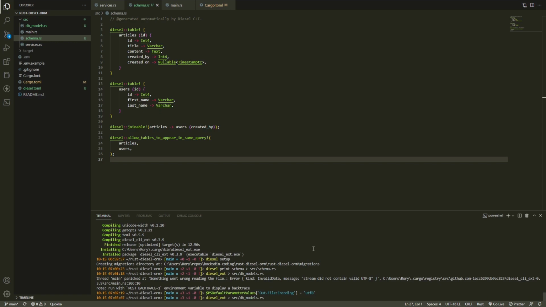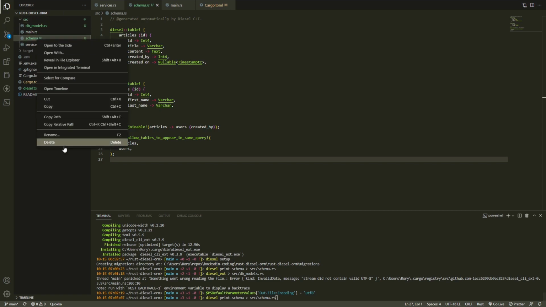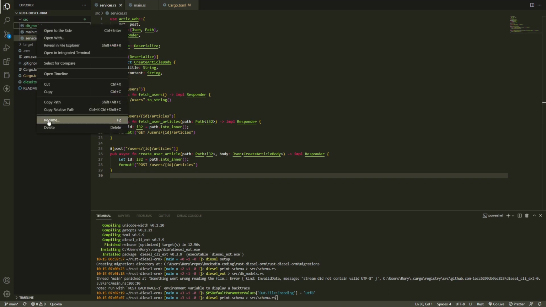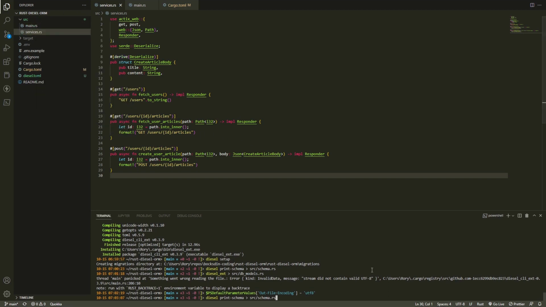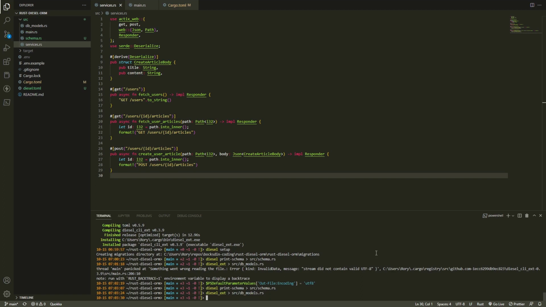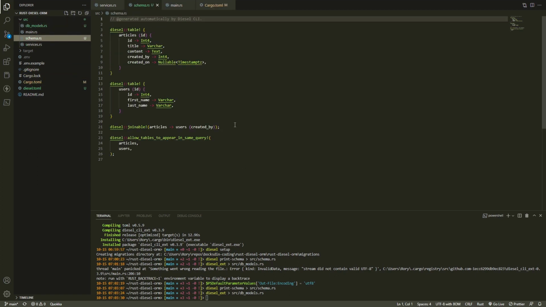And now if we run, first let's delete the schema, because this is the one that was causing issues. So we'll run diesel print-schema to src/schema.rs again. And then we will run the extension to src/dbmodels, and you can see that it passed this time. In the schema, you'll notice that it's exactly the same thing, or at first glance appears to be the exact same thing,